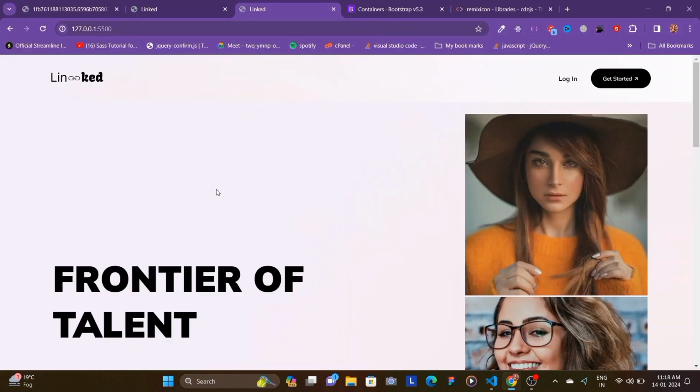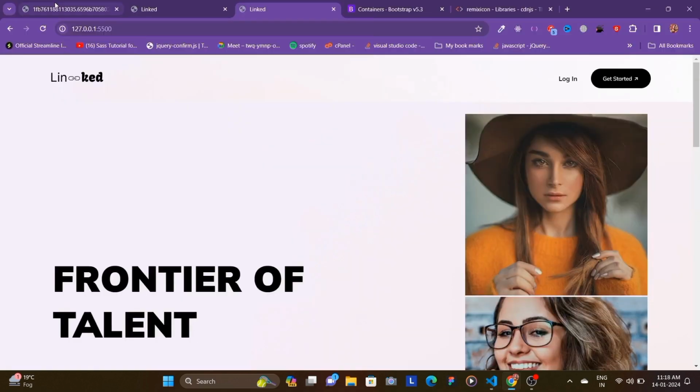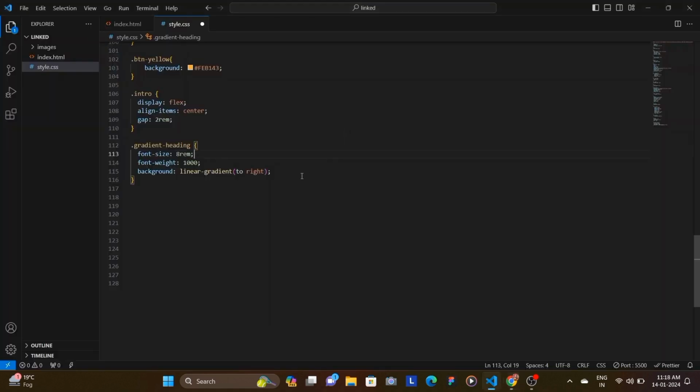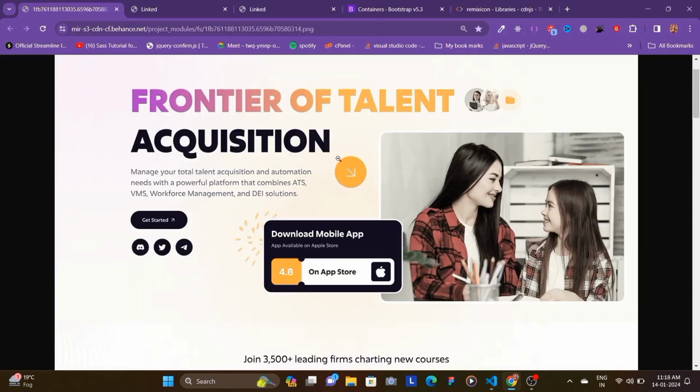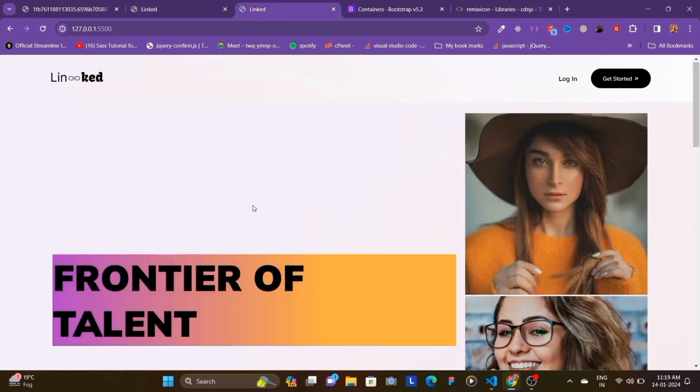And then we want to add a linear gradient background. Now this is going to be to right. Let's copy the colors. Now we want this yellowish color to start from 68%, meaning somewhere from here maybe. So when you save,